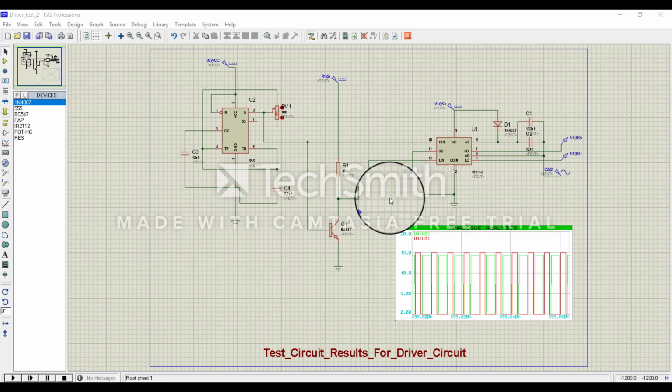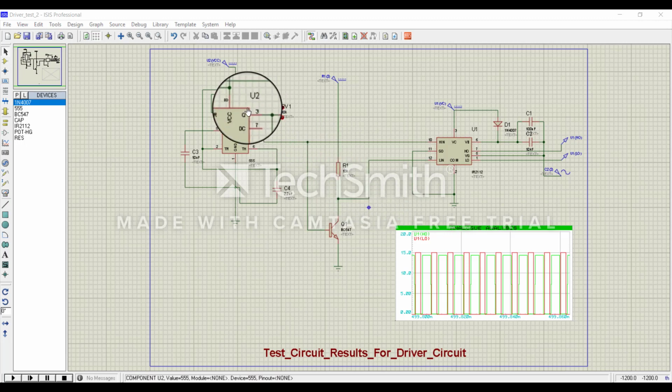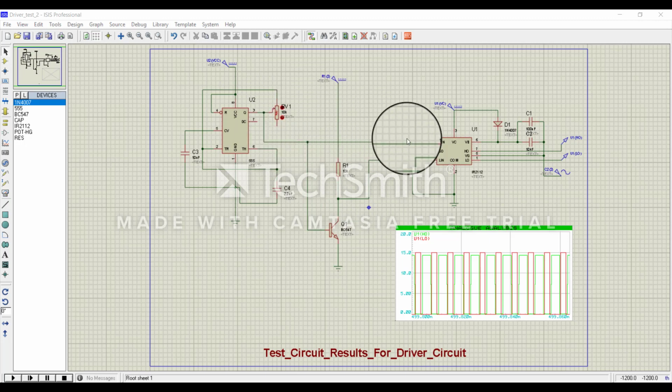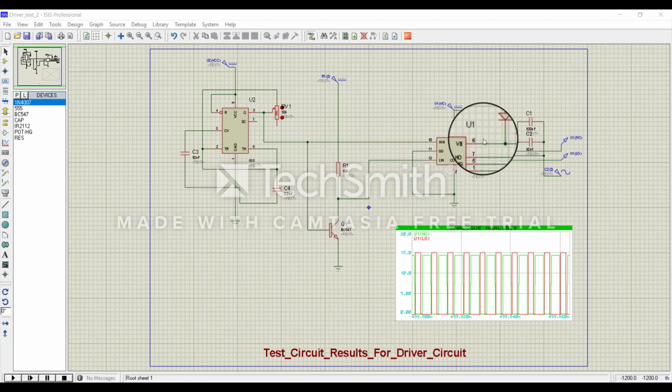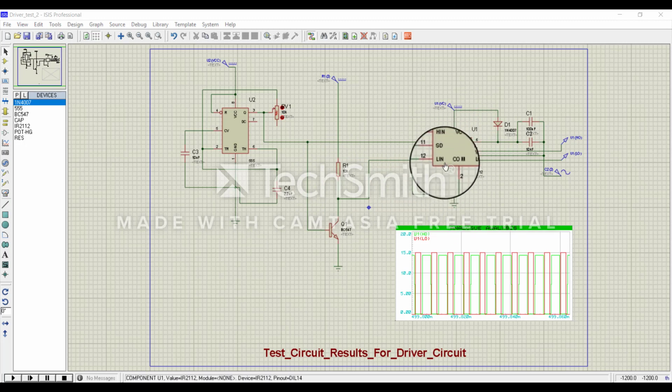So here we can see the output of the 555-based oscillator is directly given to the high side input of the driver circuit, while the inverted signal is given to the low side input of the driver circuit, where the MOSFET driver used is